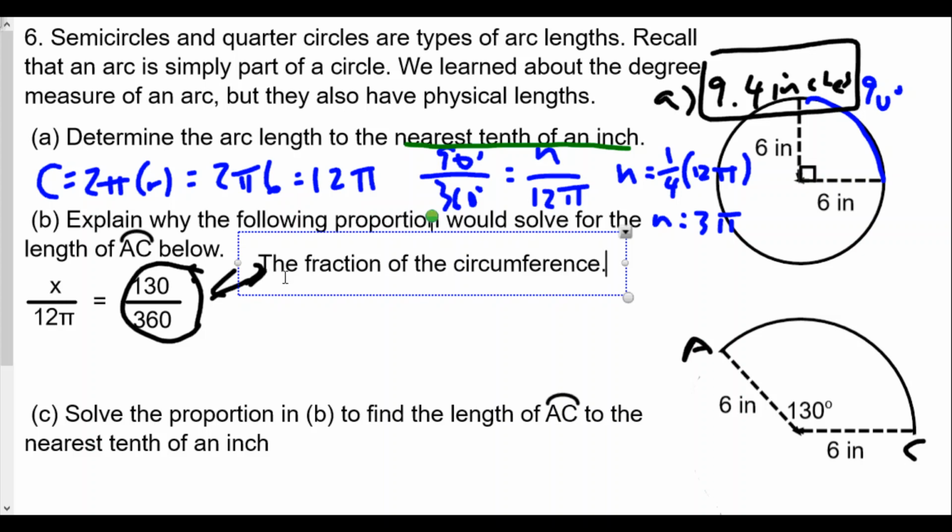And so since it's the fraction of circumference, the 130 over 360, we're going to get x is equal to, x would be the portion, the part of the whole. So it is part over whole here. So since this is part over whole,